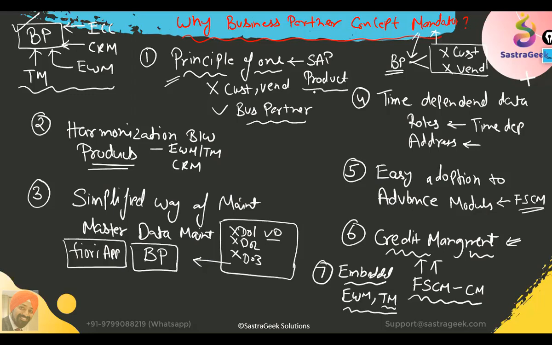So the FSCM, like, who will be in charge of it? Is it the FI folks or the sales and distribution? Now this is an integration area between FI and SD, but now it would be more handled by the finance guy. Finance guy would be responsible for your credit management part, but it needs to be handled with the integration